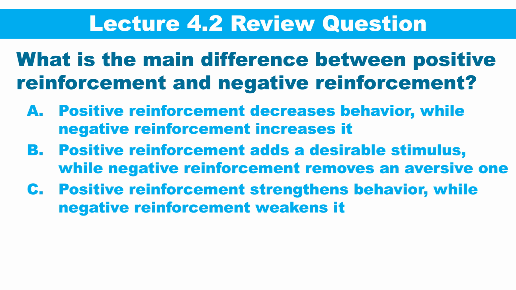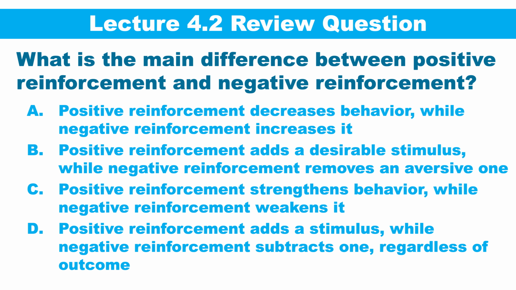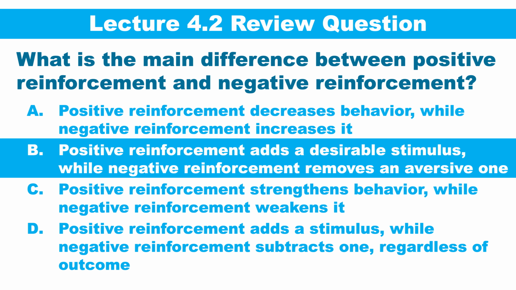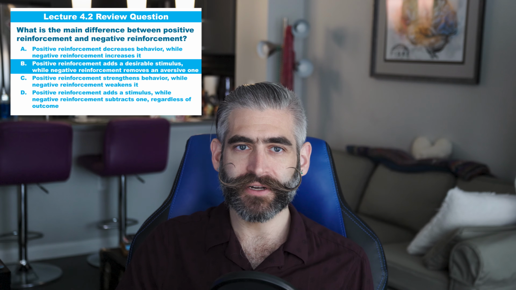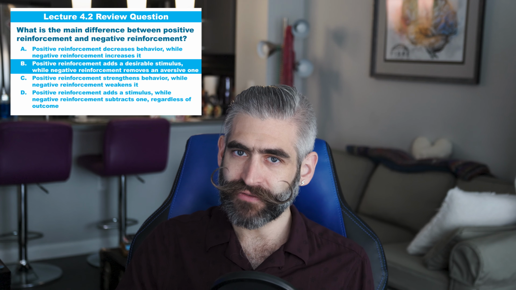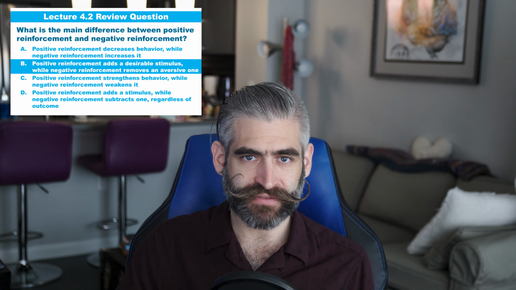C. Positive reinforcement strengthens behavior, while negative reinforcement weakens it. Or D. Positive reinforcement adds a stimulus, while negative reinforcement subtracts one, regardless of outcome. The correct answer is B. Positive reinforcement adds a desirable stimulus, like a reward, to strengthen behavior, while negative reinforcement removes an aversive stimulus to